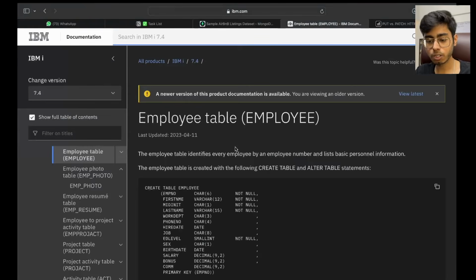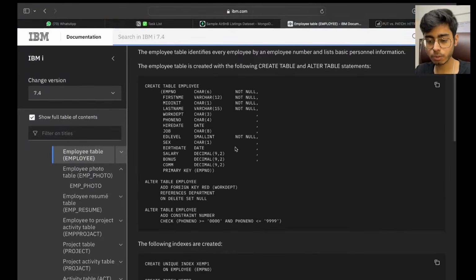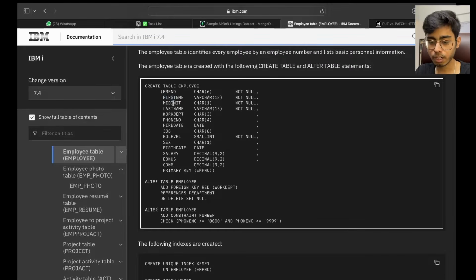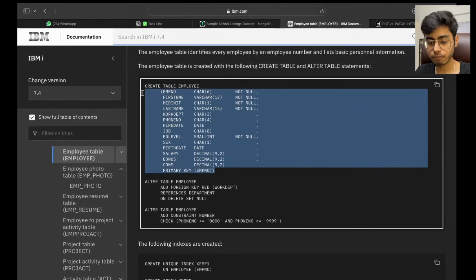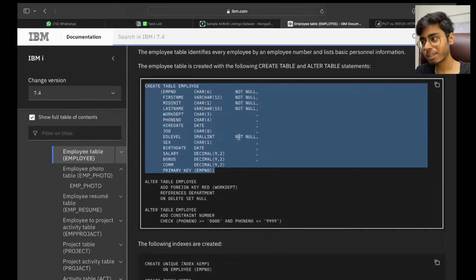Then if I take you to SQL, which is schema based, you can see the employee information. For every employee you will have first name, then this mid-init, don't know what this is, last name, department, phone number. Every employee will have this information. In your application, if the schema is different for every employee, feel free to use a NoSQL database.